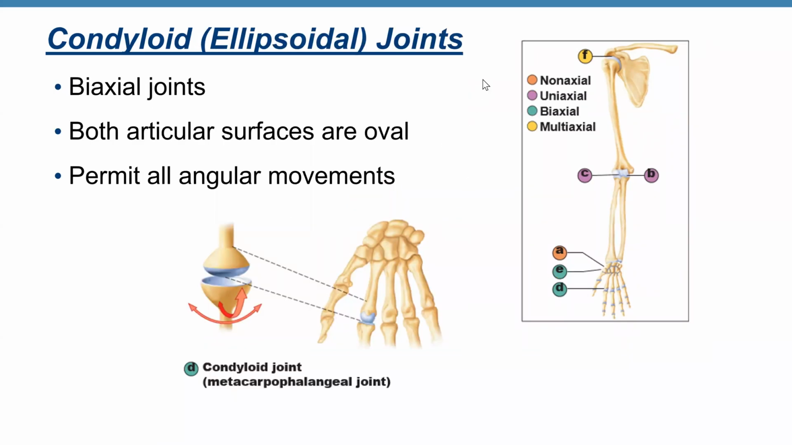Condyloid is another example. Now it's a biaxial joint. Both articular surfaces are oval, permits all angular movements, right? So here we have like a socket, and we have not a ball, because a ball would be round. This is the oval surface. So it allows you to move in two planes, right? And that would be an example,